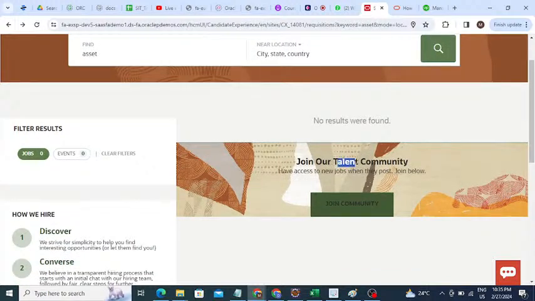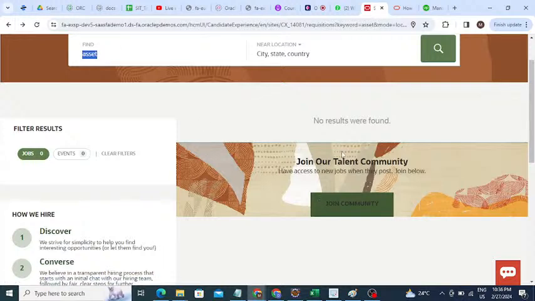Yesterday we created a job application flow where there were different types of flow. There is one flow with the name talent, and if you remember, yesterday you worked on the job application flow. Yes, yeah. So that talent flow is related to this join community. The purpose of this talent community is, if an external candidate is searching for any type of requisition or vacancy in the system, and that particular vacancy does not exist on the current date, in that scenario,